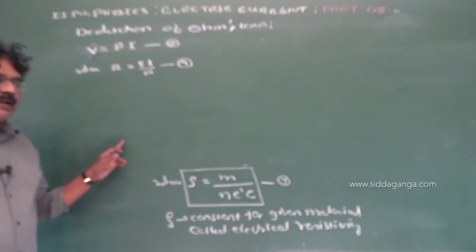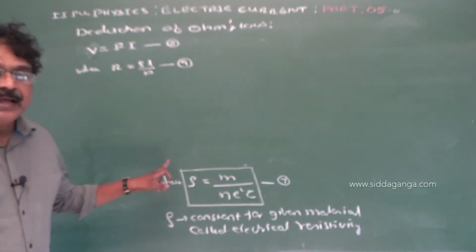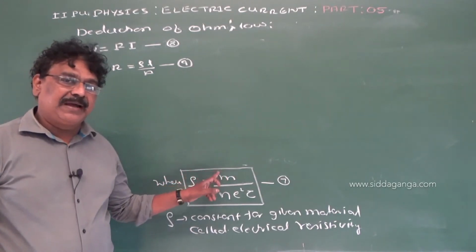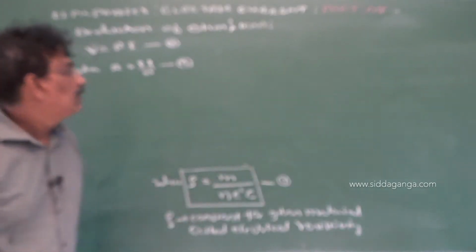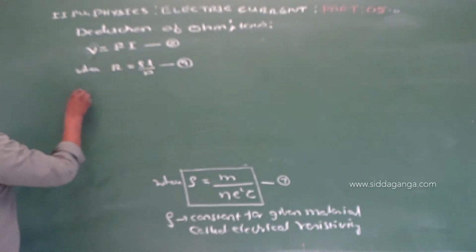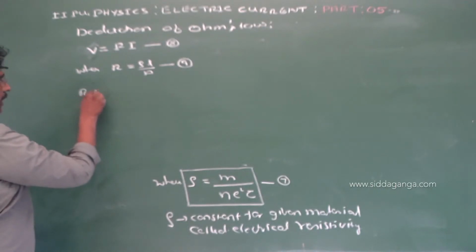So far we have derived that V is equal to rho into L by A into I. So replacing that rho L by A by R, where R is